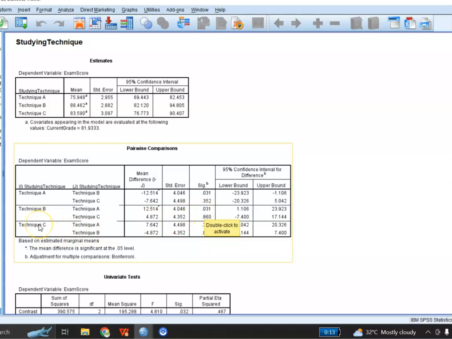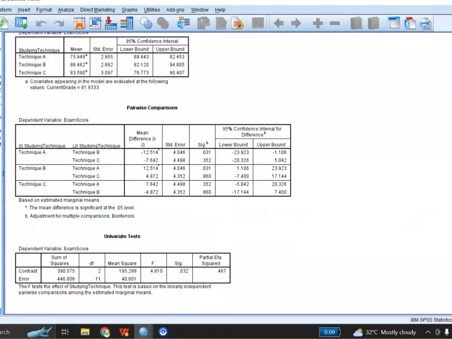While comparing technique C and technique B, the p value is greater than 0.05. So it means that only the mean exam score of technique A and technique B is significantly different, while it is statistically not significant if we compare the mean exam score for technique A and technique C, and similarly technique B and technique C. So this is the post hoc analysis, and finally